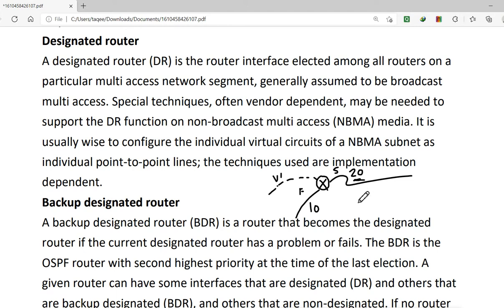But I want to change the router ID of this router, so I will create this virtual interface. Whatever IP I give on this virtual interface, even if I give 100, which would always be the maximum, I will give less than these two interfaces. Let's say I give 2.0.0.1. If you compare with all the interfaces, this physical interface IP is still the maximum, and it should be the router ID.